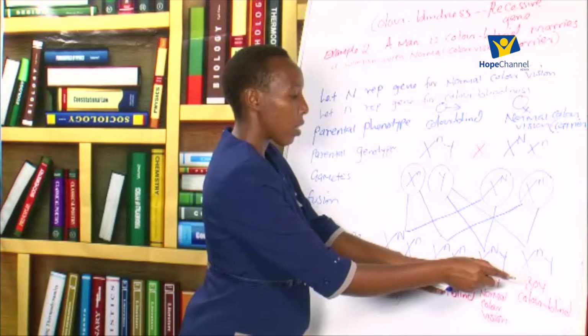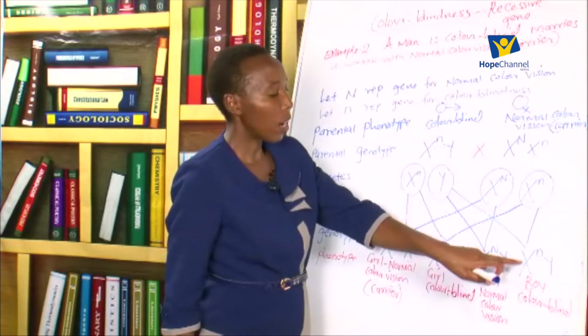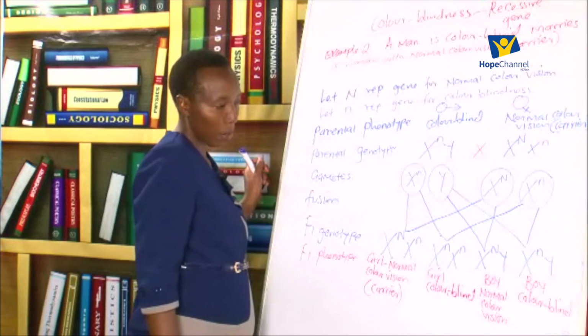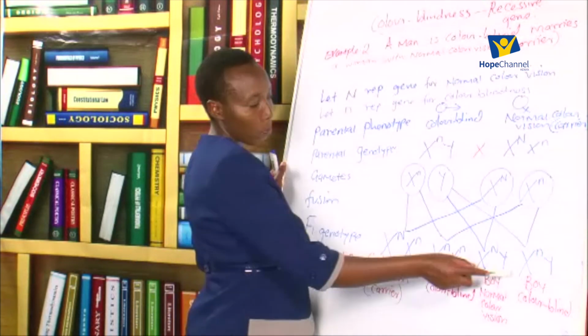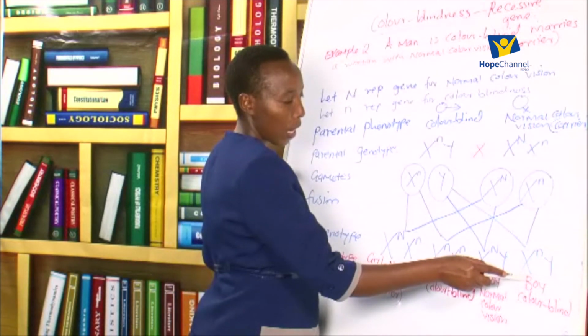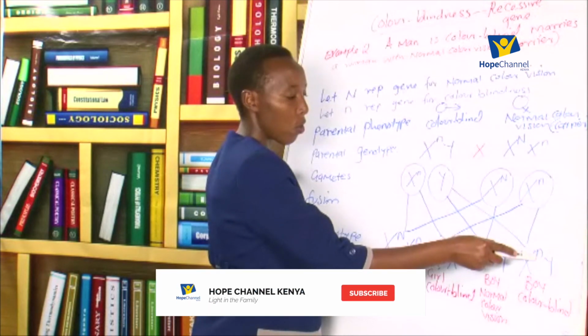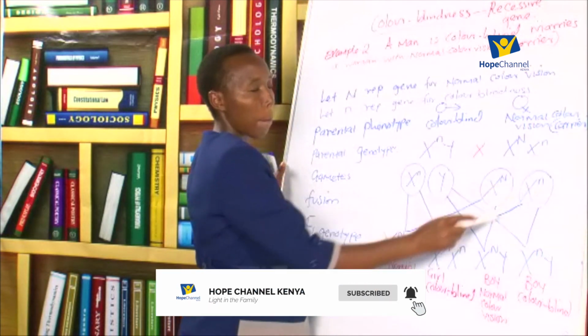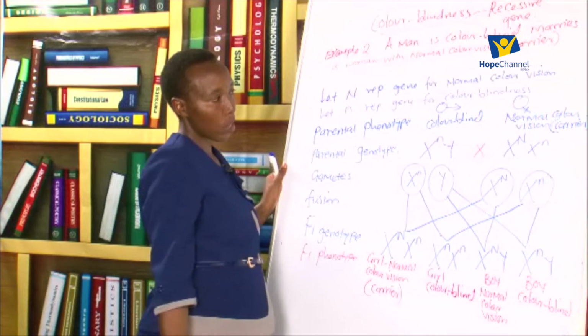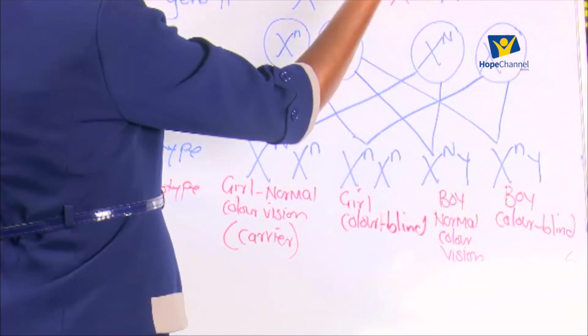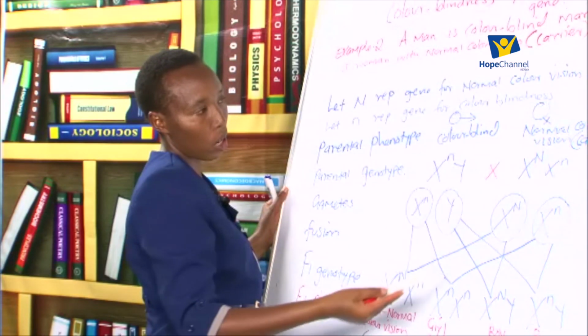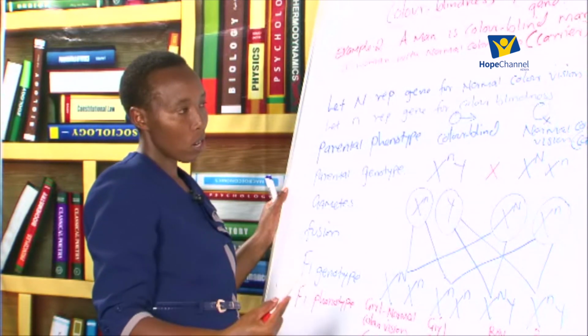There is the second scenario whereby another boy is colorblind. Now, where did this boy get the X with the recessive gene from? It is from the mother. So in that case, we cannot say that the female who is having a normal color vision, bearing children who